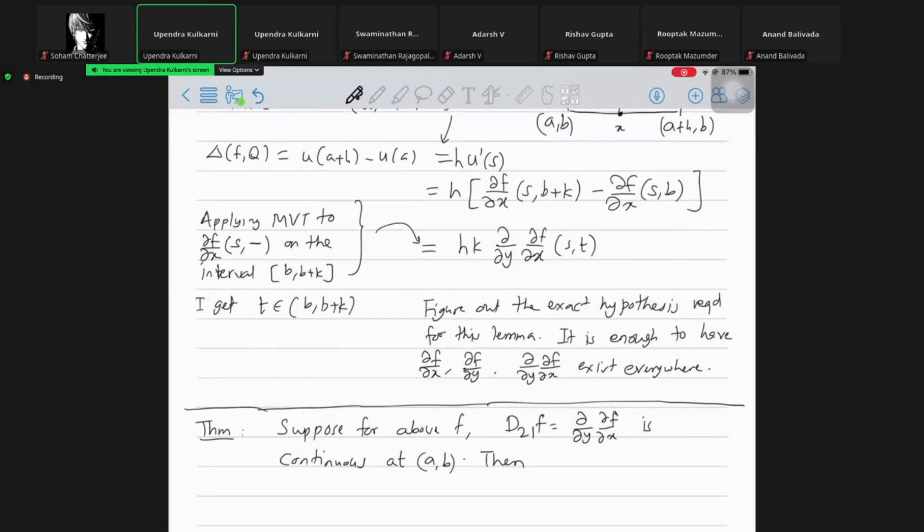So this is a bit stronger. Not only are we saying that the mixed partial derivatives are equal, just the existence of one is enough to ensure the existence of the other, and then the two have to be equal. Then